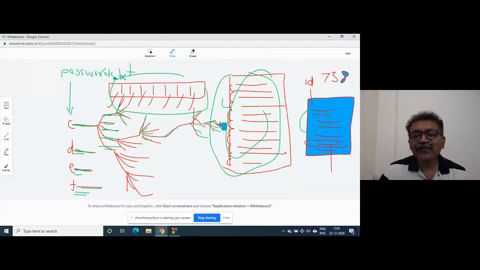So this is a kind of a tree, and I told you yesterday, a tree is a kind of recursive object, right? So what it will do, it will go here, then it will go here, then it will search this. Again it will go back, again search this, again search this.